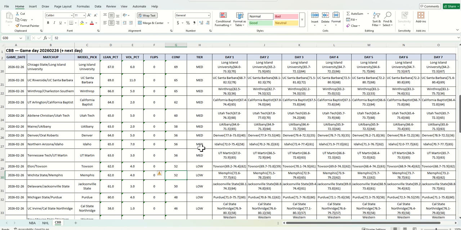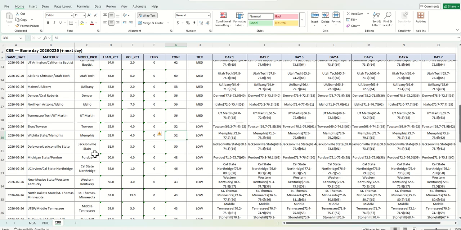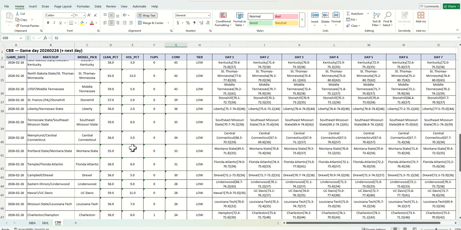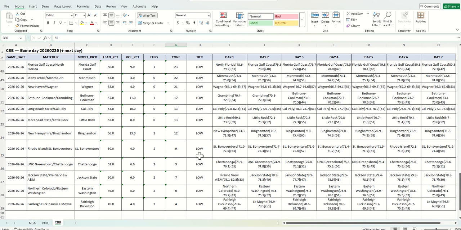It'll tell you the confidence it has, and this is confidence based on the day. So 50 today is not 50 tomorrow. It's based on the number of games there are, and divided by 100, so that you can get a confidence, just sort of a way to rank what the model likes better today. And that's going to be a little combination of the volatility, the lean, all of that stuff. So here's all the college.